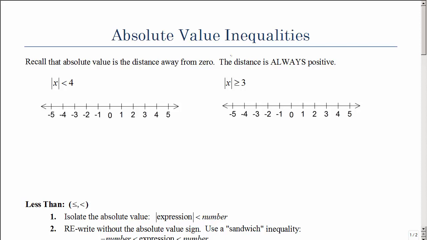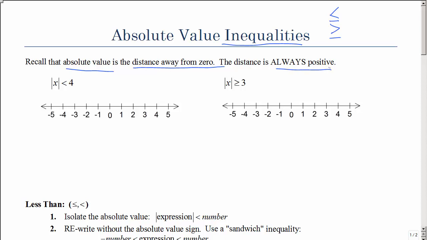In a previous video, we looked at absolute value equations. In this video, we're going to look at absolute values involving inequalities. Remember, those are symbols like less than, greater than, less than or equal to, greater than or equal to. Remember also that we talked about how absolute value is the distance away from zero on a number line, and